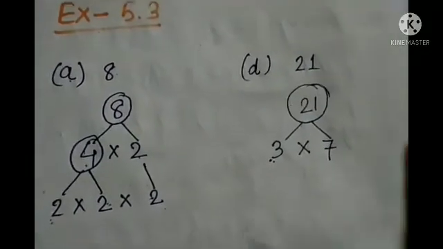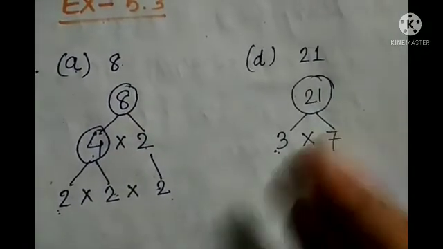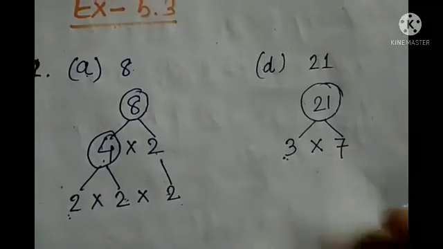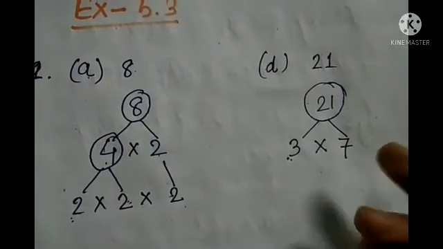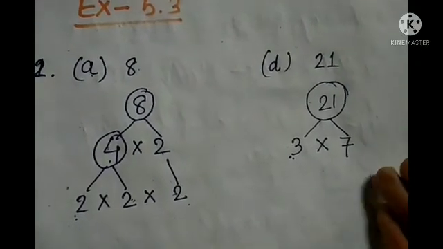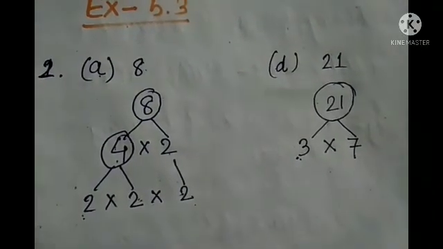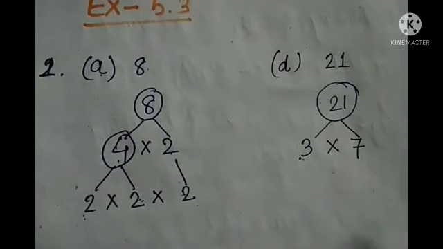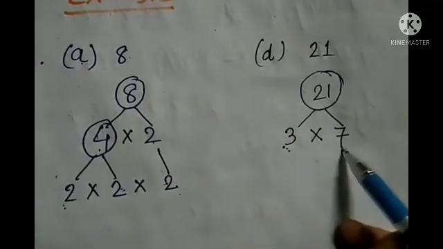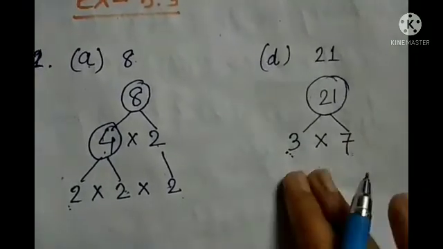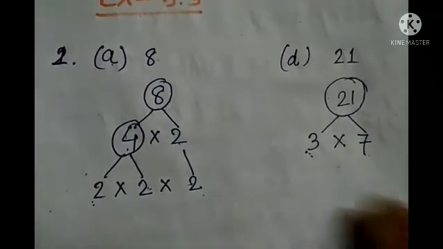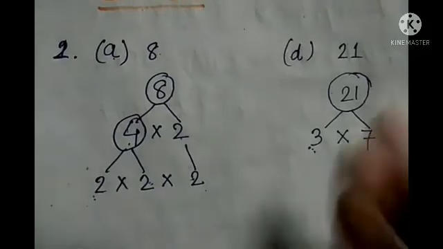Okay, so you need not worry if your branches are not expanding. Because if it is not possible, the only common factor will be 1, and with 1 only you can do it, right? As I told you, remember we should not start with 1 or use 1 as a factor. So that is why we have to stop here. Okay, this is the final factor tree. Many others are there like 15, 32, so you can do it.